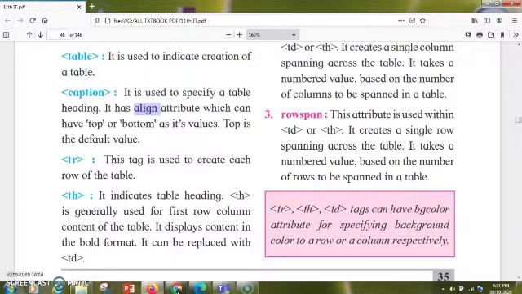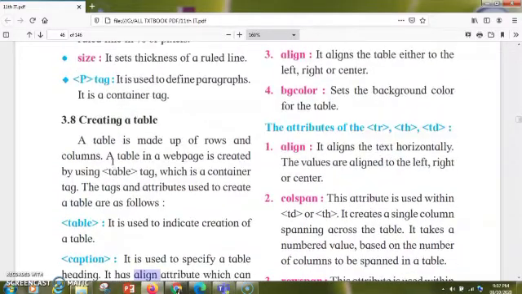Each and every table has its headings, and those are given with the th tag, the header tag. The th tag always has a bold format; it is always in a darker, bold font.